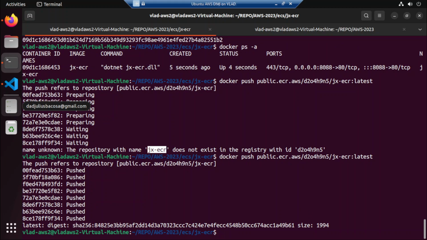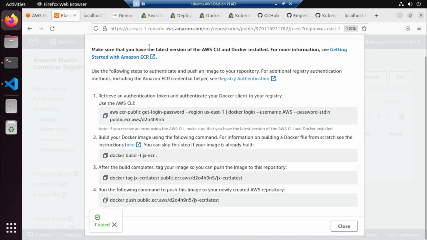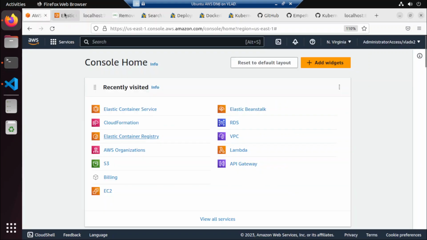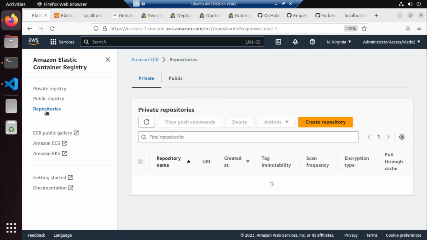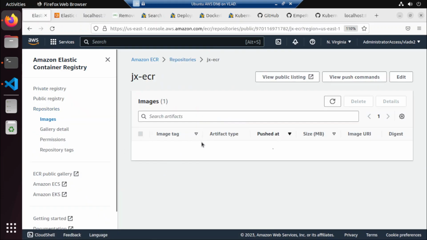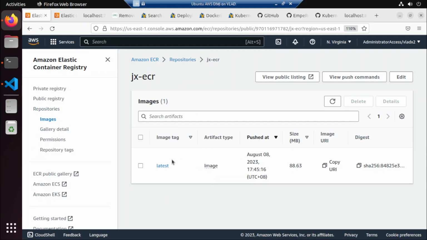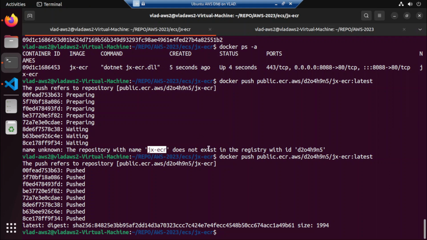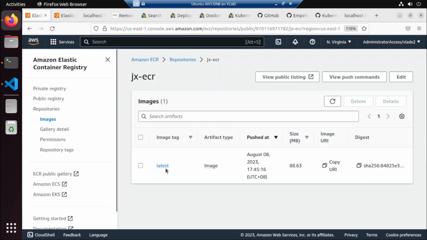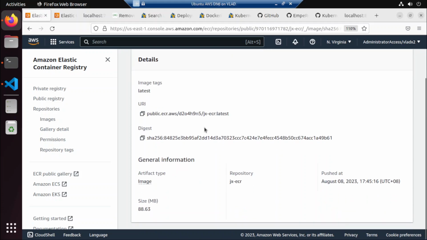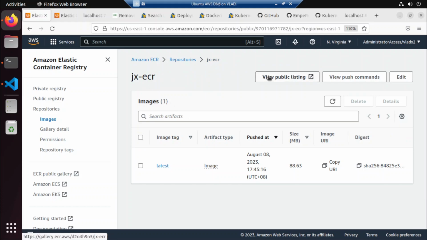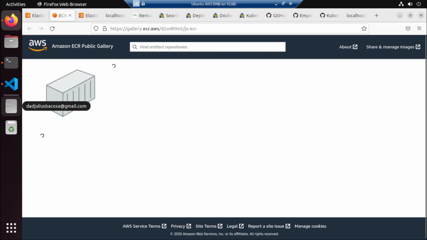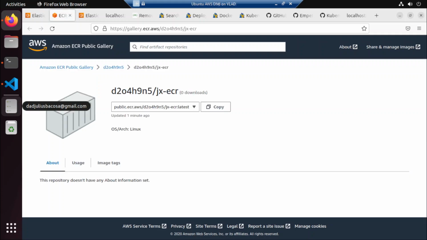Okay, we got it now uploaded. So let's go to our ECR in here. Okay, so this one. And let's take a look in our repositories. So this one should have now an image. Okay, so let's click the image. Alright, so let's go here, or public listing. Alright, so let's view this one, and then let's launch our